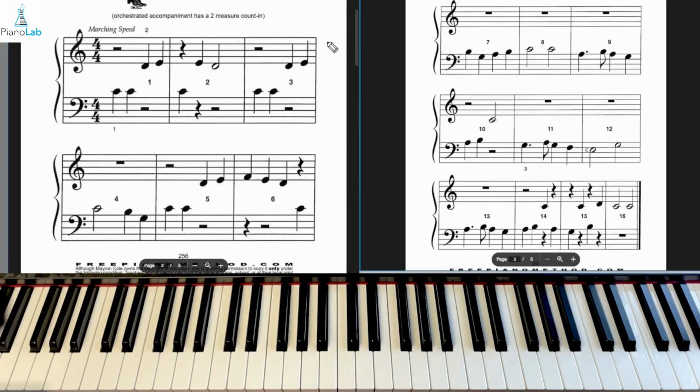Now I just want to give you an example of what 9 to the end sounds like, just because we played it slowly and we got to hear the other measures before. So here is 9 through 16. Okay, here I go, 9 through 16. 1 and 2, and here I go, and